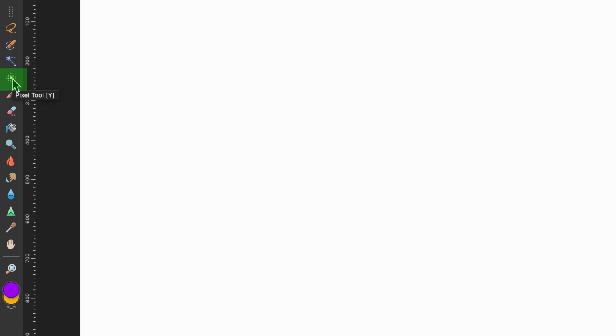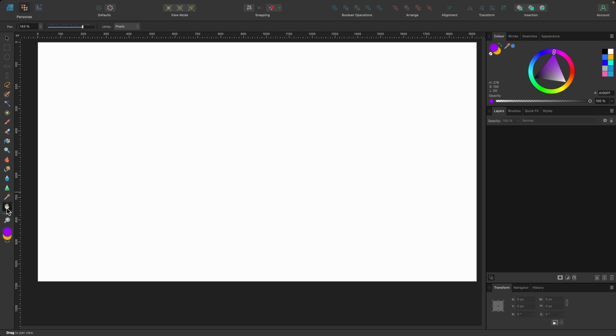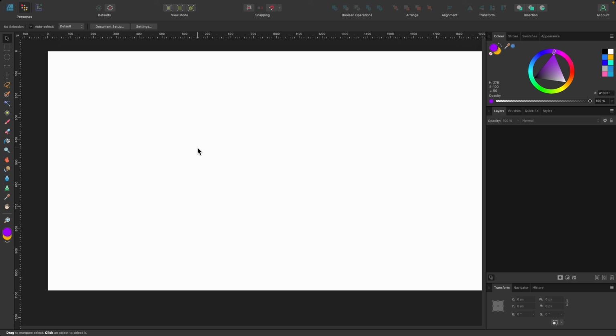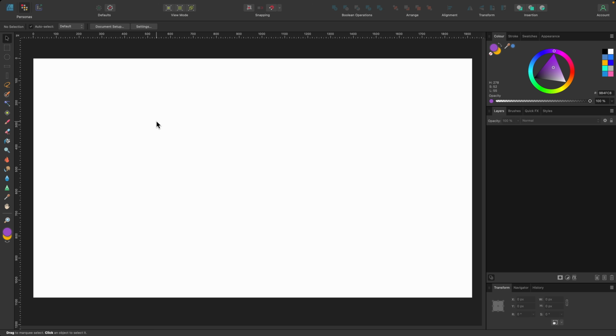Moving down, we actually have a pixel tool here, and it's a pixel brush that allows you to paint individual pixels. We'll go into that later. We also have, of course, our paintbrush tool, and you see next to each of these is the shortcut, so this is B. And of course, underneath this, we have some tools that will allow us to manipulate whatever we have painted. So the erase brush, the flood fill tool, we've got dodge and burn, we've got the smudge tool, blur, and sharpen. And then we've got a color picker tool and a hand so we can move around our document. But if you have a trackpad, you can just go ahead and put 2 fingers on it and move it around like this.